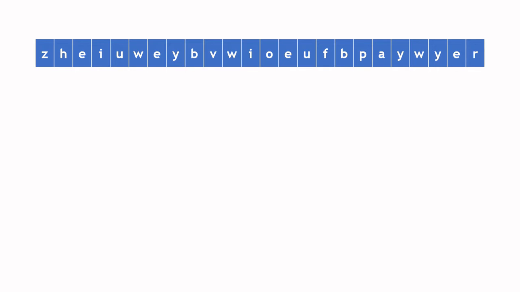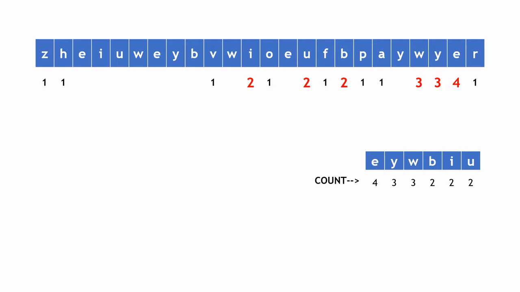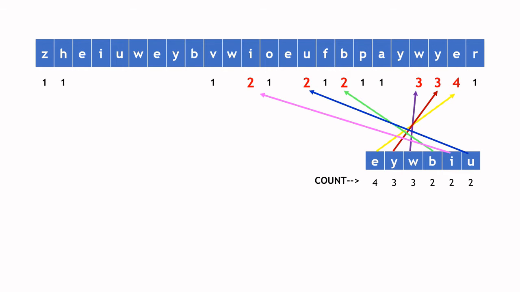In this input, what is first done is we run through the entire set of characters and count the instances. So 1 here, 2 here, and for E, 3 and 4. So the frequency is getting counted. At the end, you will see that these characters are repeated these many times. Then we get an output according to the decreasing frequency, though they are in a different order in the input. So this is the output.